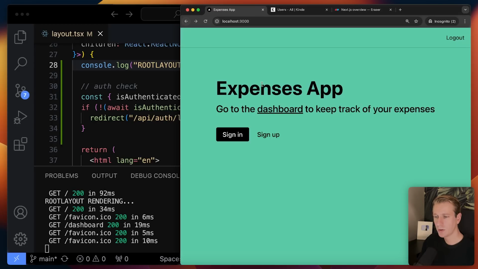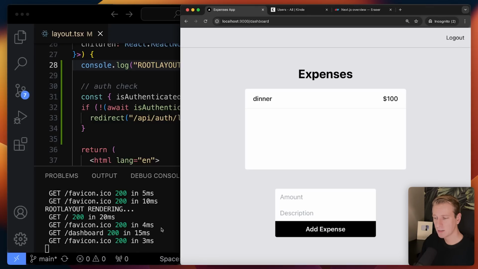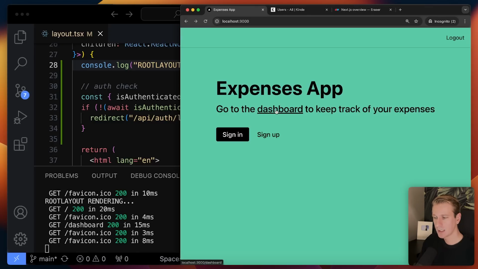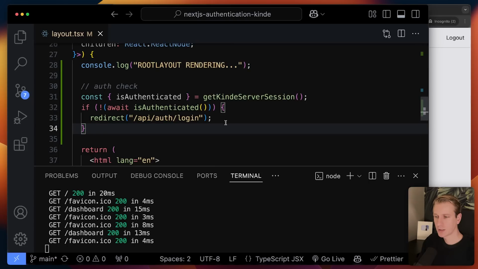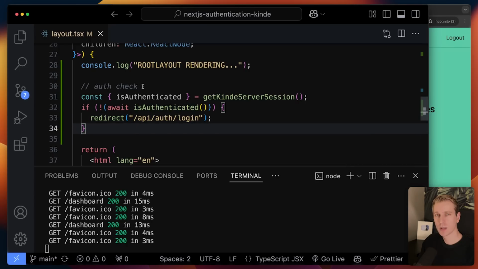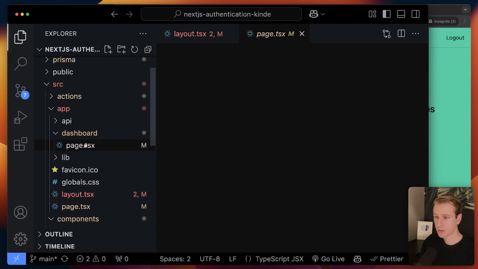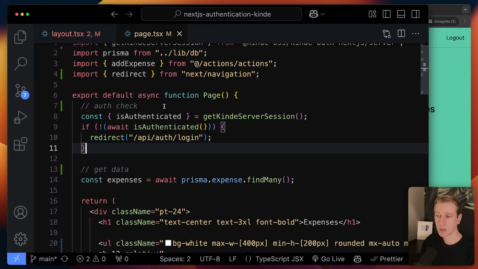The thing is, when you then, after the initial load, when you are then navigating to another route, for example, now I load the app and now I'm going to navigate to /dashboard, you can see it's not re-rendering anymore. And if I click on dashboard again, you can see this root layout does not re-render. So practically this means after the app is loaded and the user navigates to another route, you are not doing the authentication check. That is typically not recommended. So typically, we actually do want to have the authentication check when the user navigates. So in that case, it is better to keep it in the page component and yes, perhaps just duplicate it